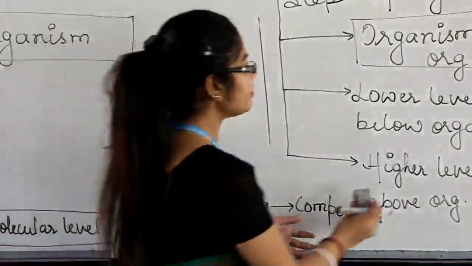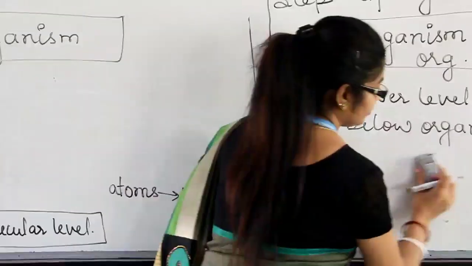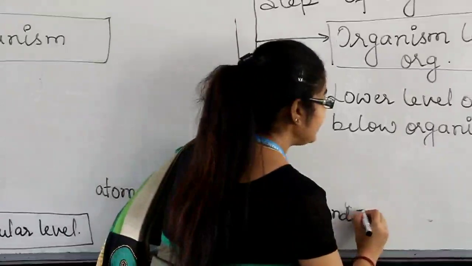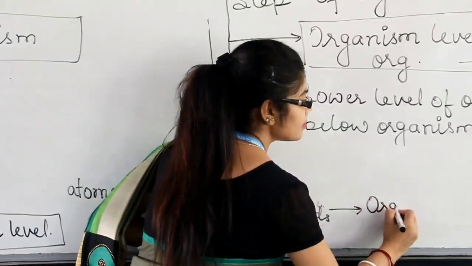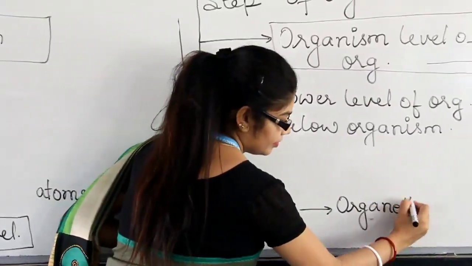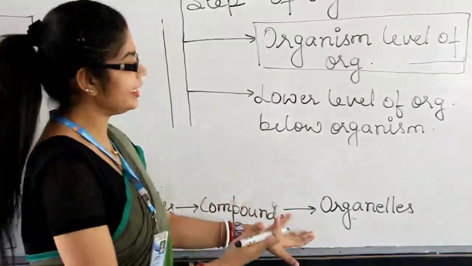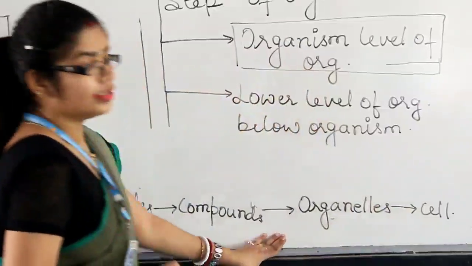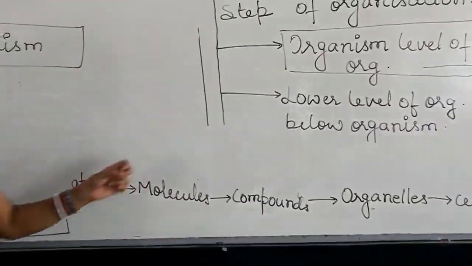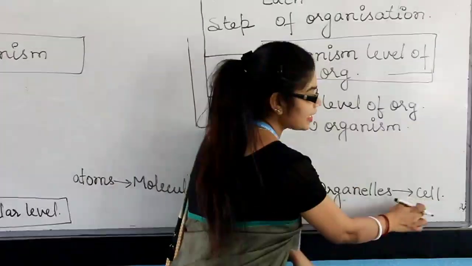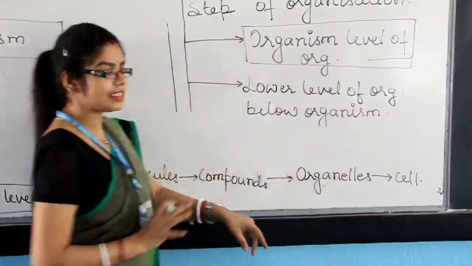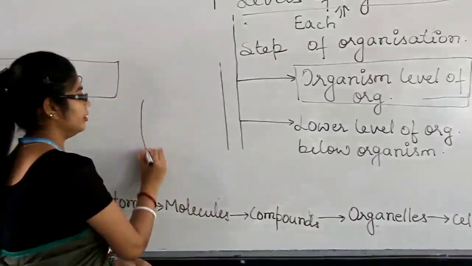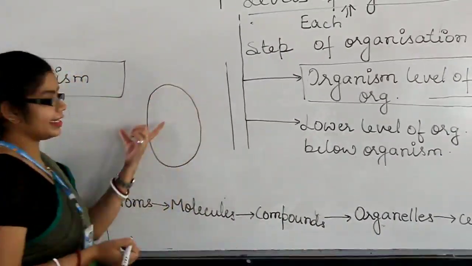And these compounds lead to the formation of organelles, and then to the formation of the cell. So if we move back, the cell is made up of little organs present inside the cell. So they are actually organelles. If we see a cell, for example an animal cell,